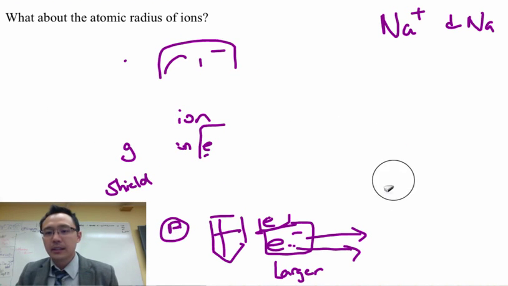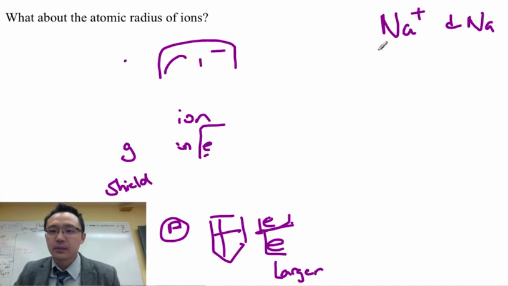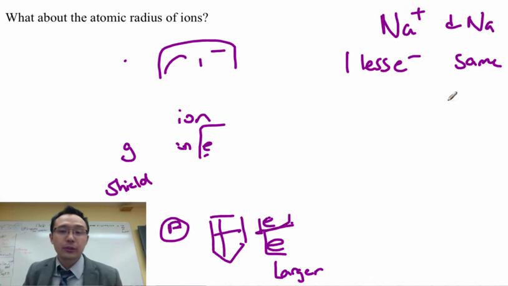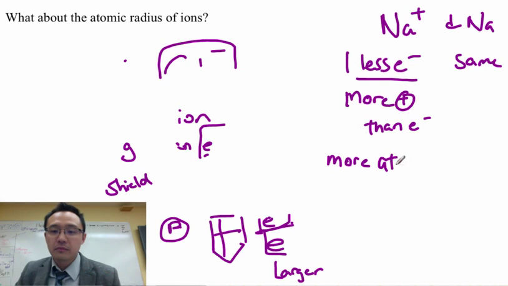So just Na plus and Na, well, we have two ions right now as well. So this one, instead of having negative, has one less electron, and this one has the same number. So which one would be larger or smaller? Well, because you have fewer electrons, that would be more positive than your electrons. So that means there will be more attraction, and since you have a stronger attraction, that will be smaller in